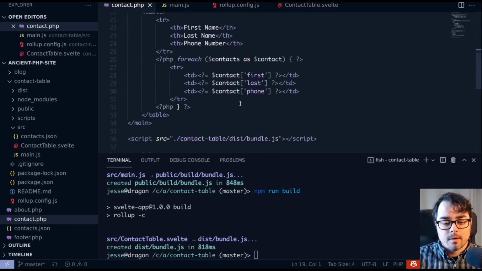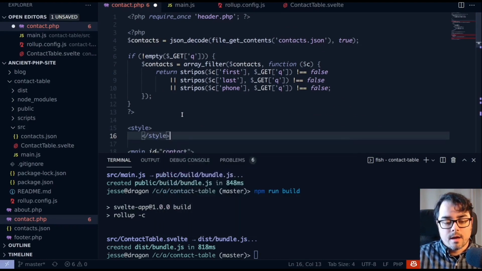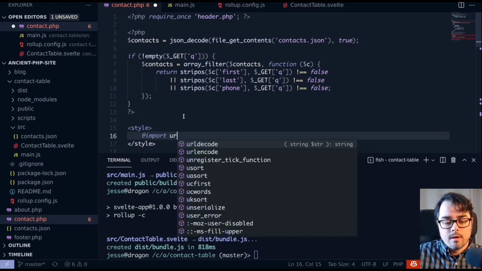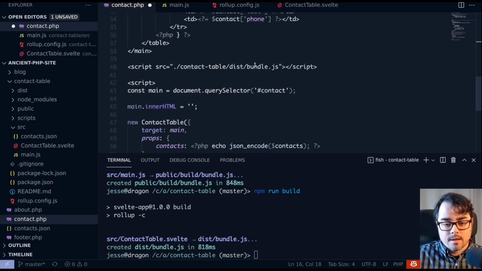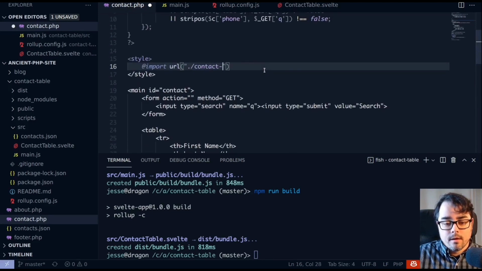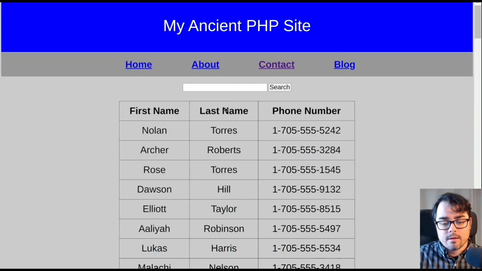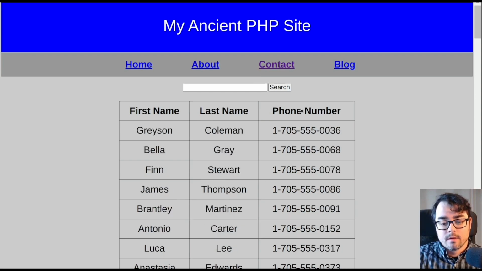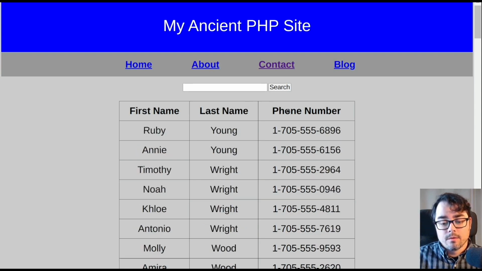So switching back, I'm going to now add some CSS. I'm going to add a style block, and then I'm going to do an import URL, and same kind of path that we had with the contact table. So it'd be contact table dist bundle.css in this case. If I save that, switch back to the browser, refresh. Now it looks exactly as it should. So as it loads, it's loading the original PHP version, and then it switches out to be my new Svelte